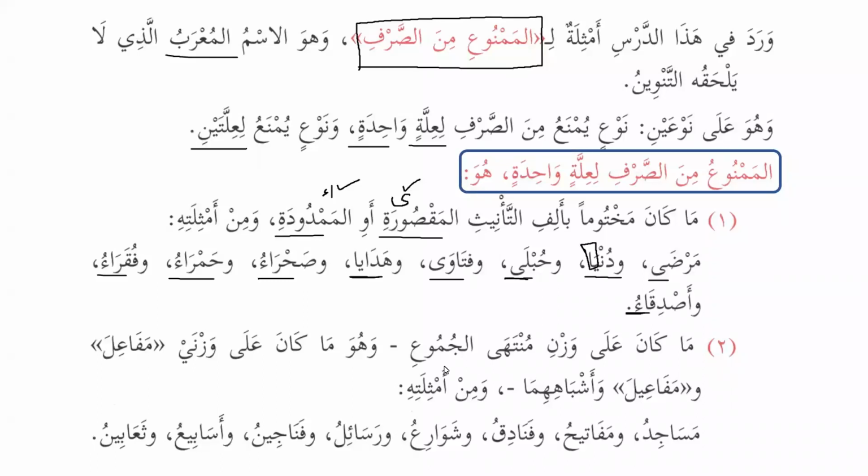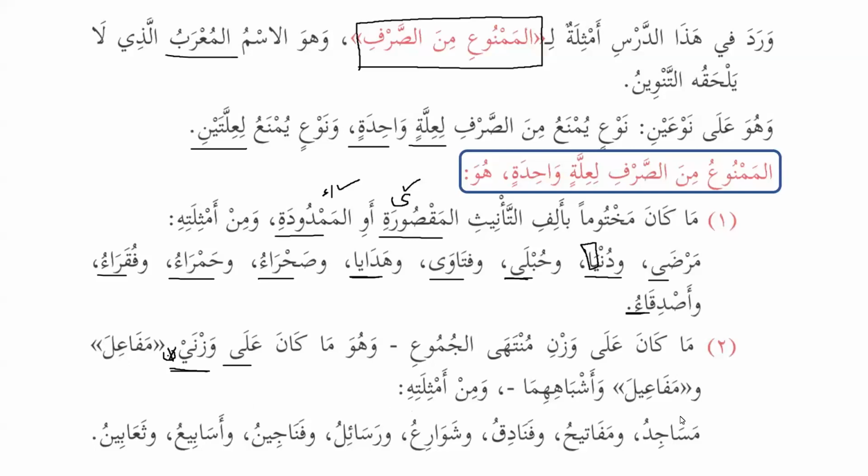And the noun that is on the pattern of the ultimate plural, muntaha al-jumu', is what is on the patterns mafa'il and mafa'il. Wazni was basically wazna ni, wazna ni, and it is waznayn, and because it is used as mudaf, so we can see that after harf jar it will be waznayn, and when it is used as mudaf, then the noon of the dual is dropped, so it becomes wazni.